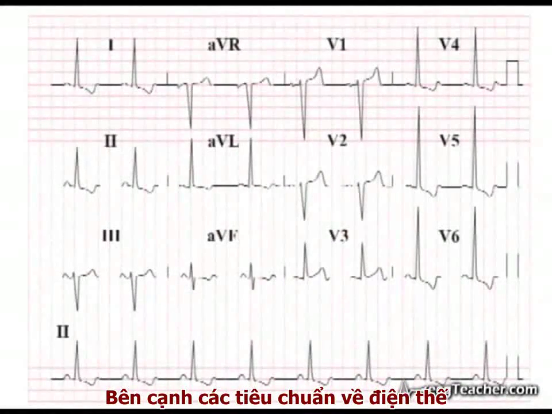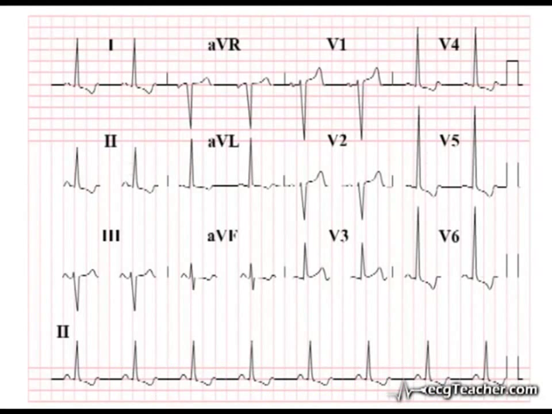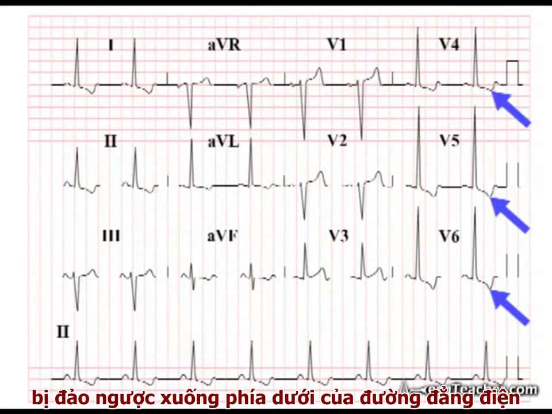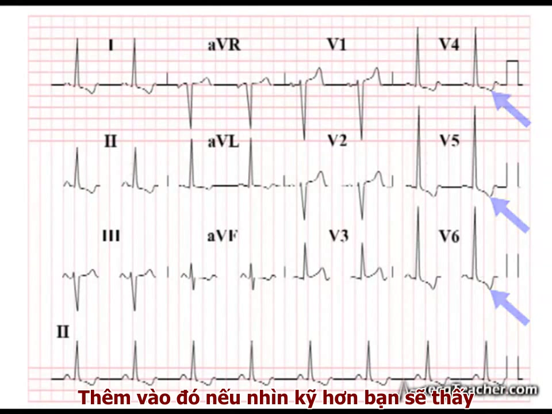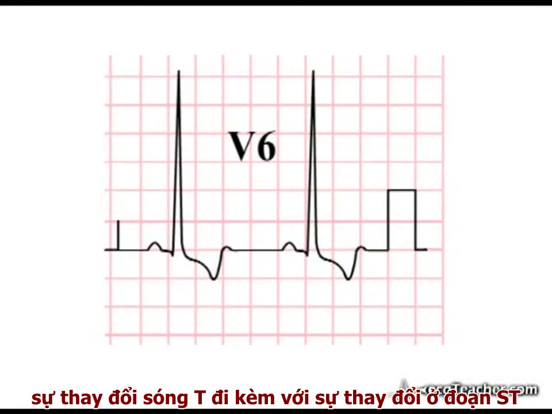From the voltage criteria, you may also have picked out the striking changes in the ST segments and T waves present on this ECG. Notice how the T waves in the left-sided chest leads are inverted below the isoelectric line. Also, if you look closely, you can see that these T wave changes are accompanied by alterations to the ST